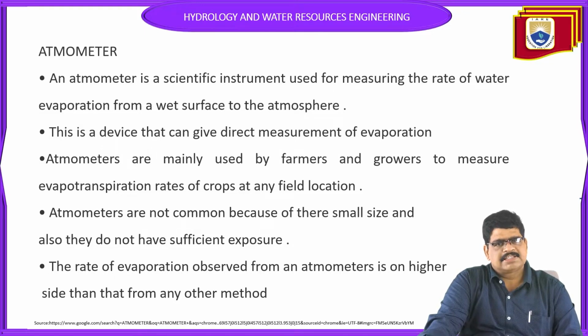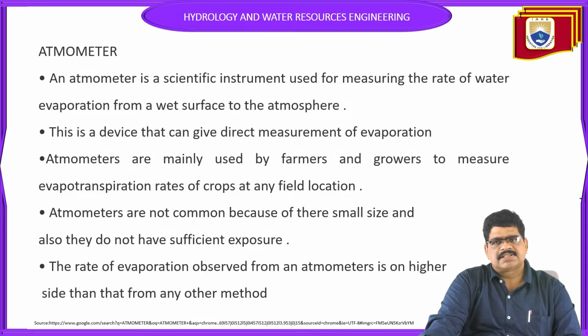Evapotranspiration is the combination of evaporation as well as transpiration. What is meant by transpiration? The water that evaporates from the leaves and plants, we call it transpiration. And the evaporation from lakes and ponds above the ground level, where water evaporates due to the temperature effect, is called evaporation. Both combined, evaporation and transpiration, we call evapotranspiration.